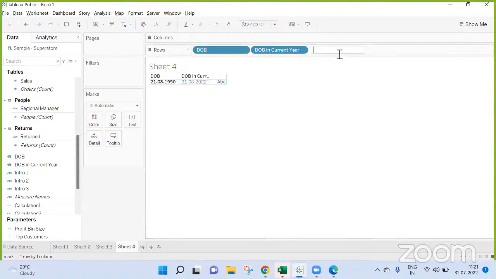Let me bring today as well. If this is greater than this, then I can take date diff of years. And then I can even take date diff of month at this level, at this year. And then I can take the difference between the days.